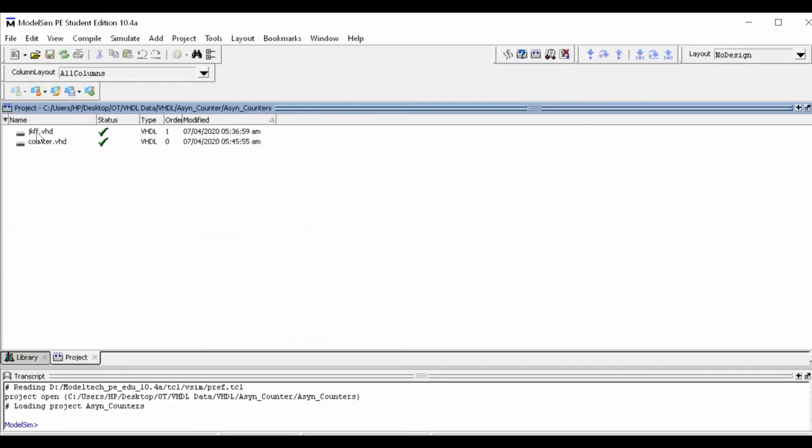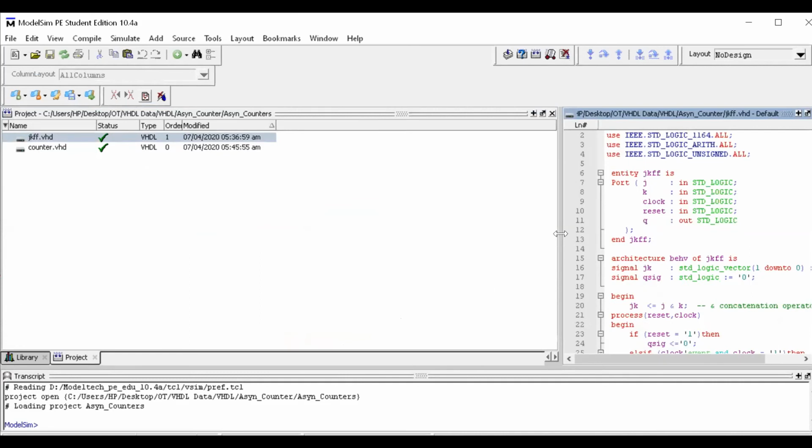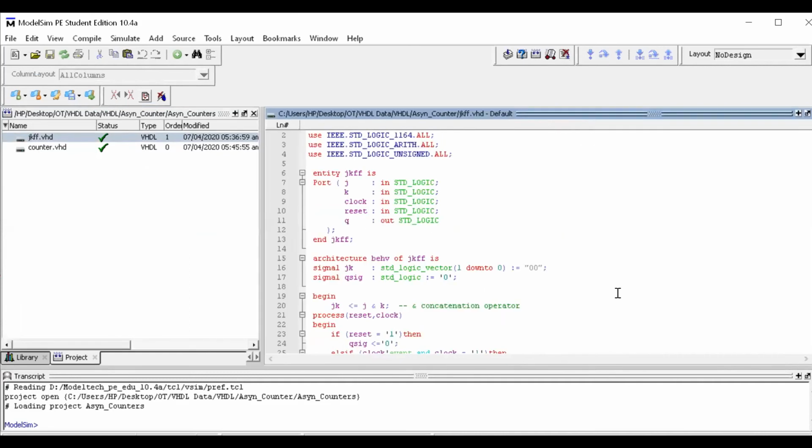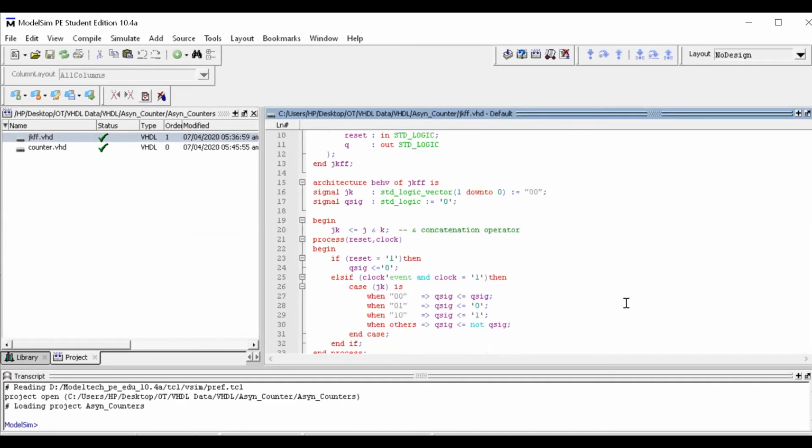So you can see I have already created a file for the JK flip flop and the counter. In this JK flip flop, it is the same code which I have shown to you in my presentation. It is all the same.